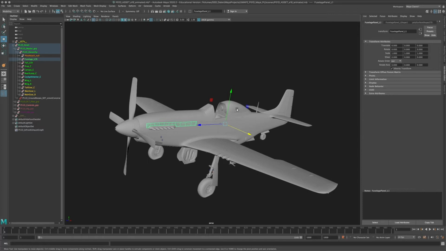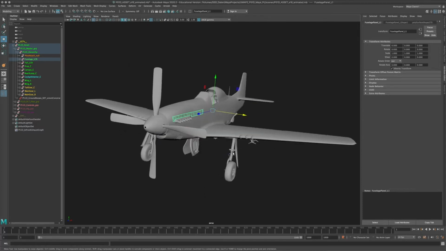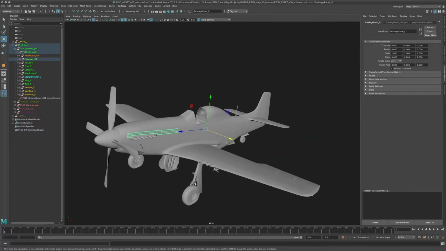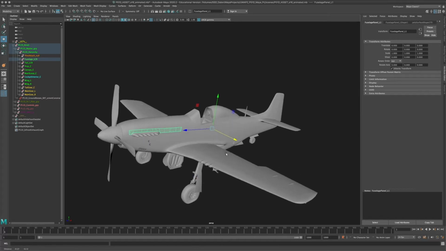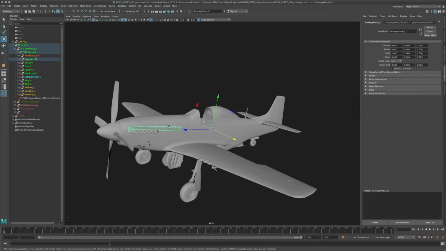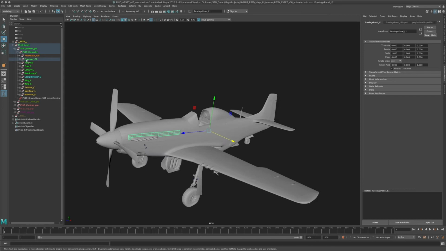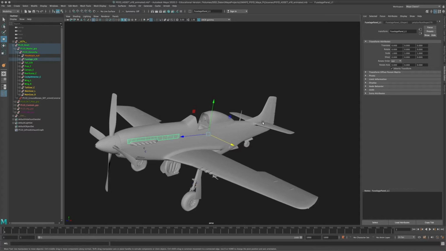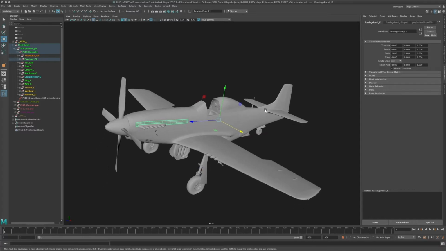In this case, there are no joints on the plane except for a little part down here at the gear, which we'll take a look at later. But usually they will be parent constrained to objects within the control rig. If you're like me and you don't like constraining, because I find parent constraints or any kind of constraint in Maya pretty confusing when taking a look at it in the node editor,